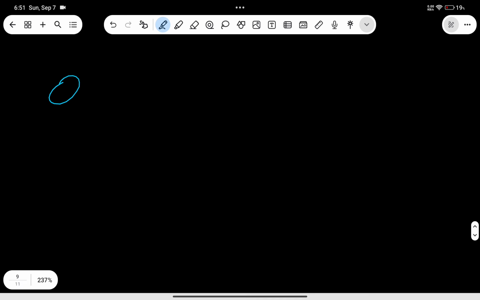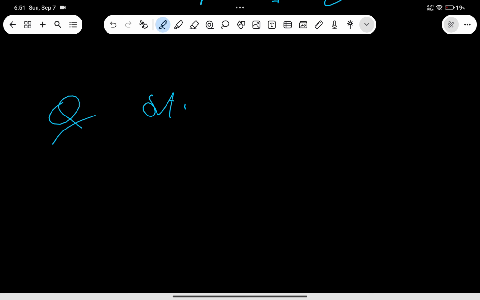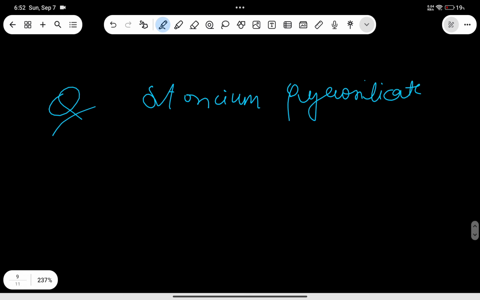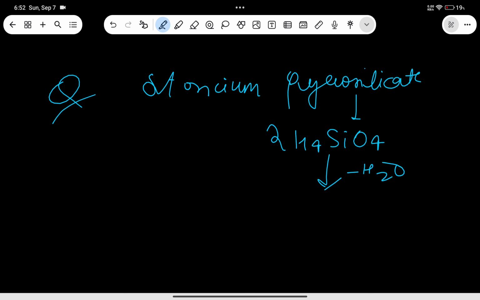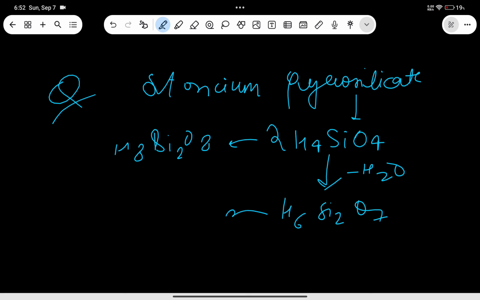Now let's do the second question. Let me give you a harder one: strontium pyrosilicate. How is pyrosilicate formed? Basically we know pyrosilicate is formed from silicic acid, which is this one. Twice of it will be H8Si2O8, and then you just have to remove water, so it will be H6Si2O7, and the ion would be